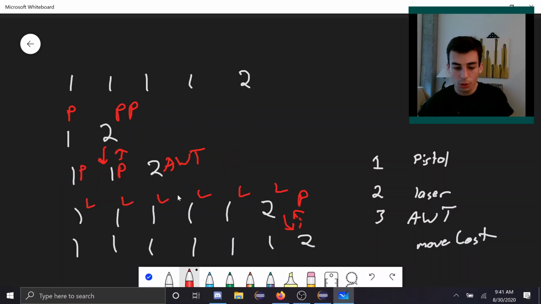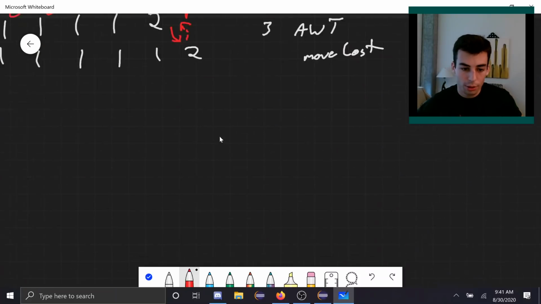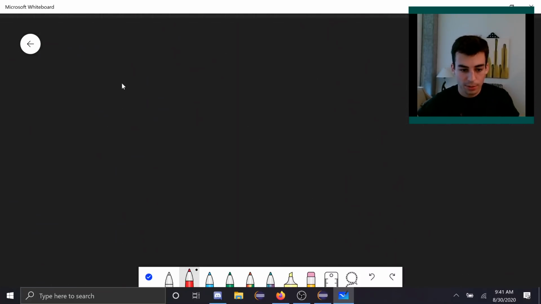But if you have 2 floors in a row that both have a lot of things, then it's probably good to use a laser, move, use the laser again, go back, shoot him with a pistol, go back, shoot him with a pistol. Yeah, so there's that. The one other thing to notice is that it's possible that you have some case,